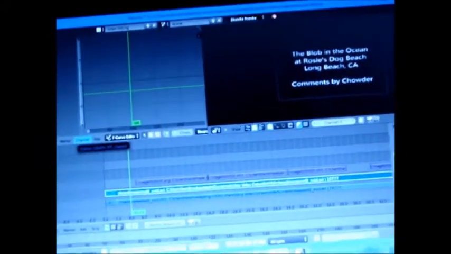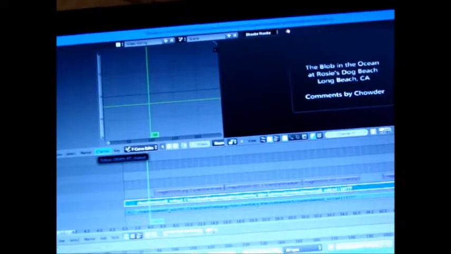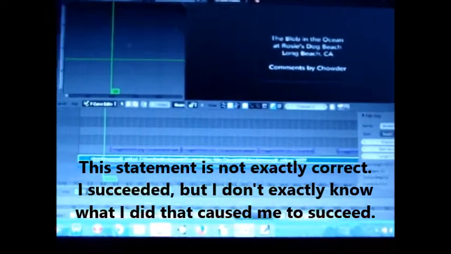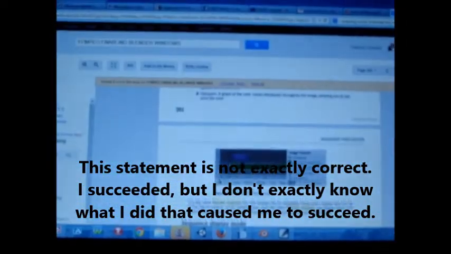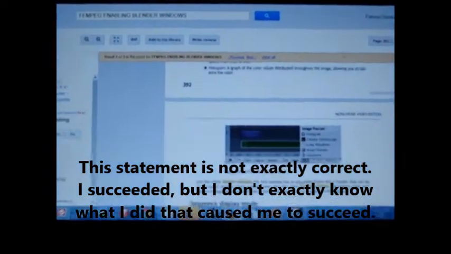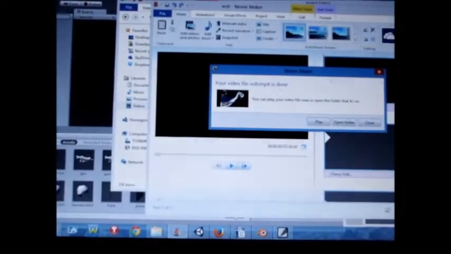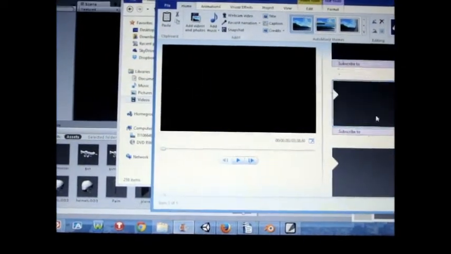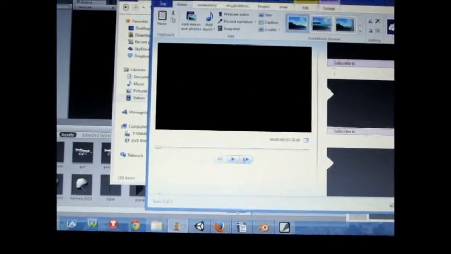Okay, so I'm playing with Blender, and I wanted to do something that Microsoft Movie Maker couldn't do, and I decided to try to do it in Blender since I've been wanting to play with Blender for a while. So I'm going to tell you now, I haven't fully succeeded. I've reached a stopping point. I'm going to have to do some more research, and this whole experience has been spent doing a ton of research, one way or the other. But I will show you what I have so far,